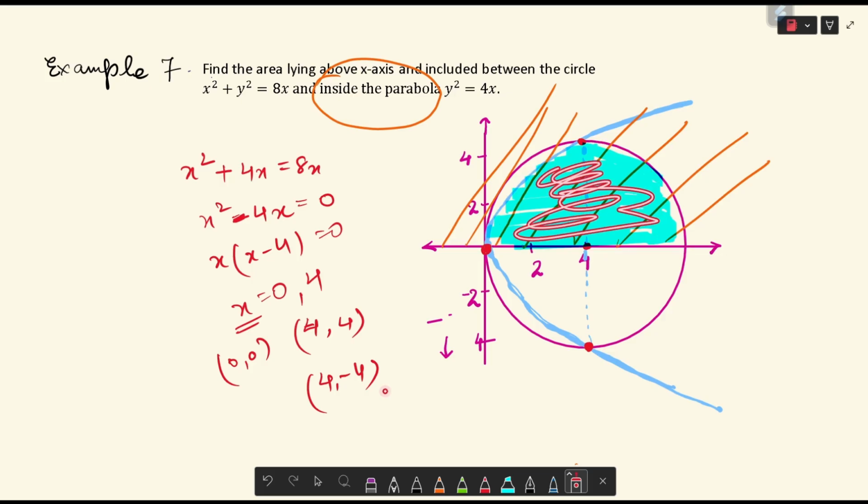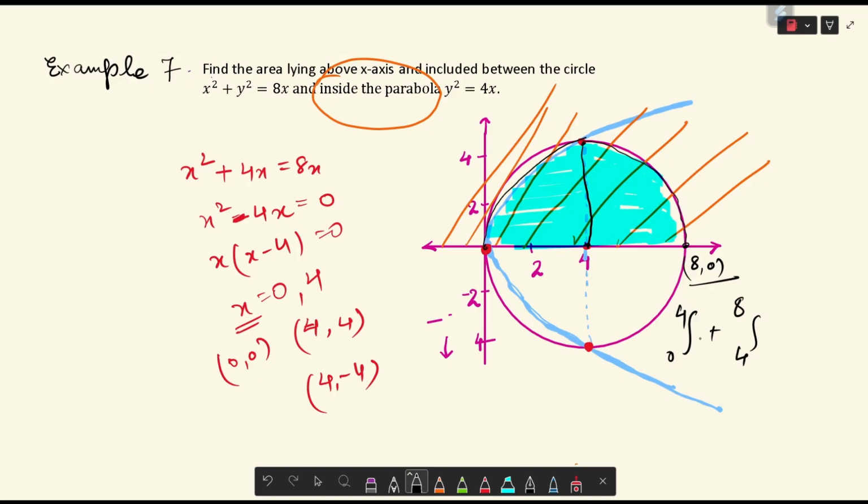तो हमारा जो शेडेड एरिया हो जाएगा ये वाला रीजन आ जाएगा। ठीक है, इसमें जैसे हमने पहला एग्जाम्पल किया था ऐसे ही यहाँ तक इस पॉइंट तक आप पैराबोला की इक्वेशन यूज़ करोगे और इसके बाद आप सर्कल की इक्वेशन यूज़ करोगे एंड यू विल बी एबल टू फाइंड। एंड लिमिट्स यहाँ पे हो गई 0 to 4 एंड व्हाट विल बी इट, 4 और 4 ये हो जाएगा 8, ठीक है। तो एक की लिमिट हो जाएगी 0 to 4, एक की लिमिट हो जाएगी 4 to 8।